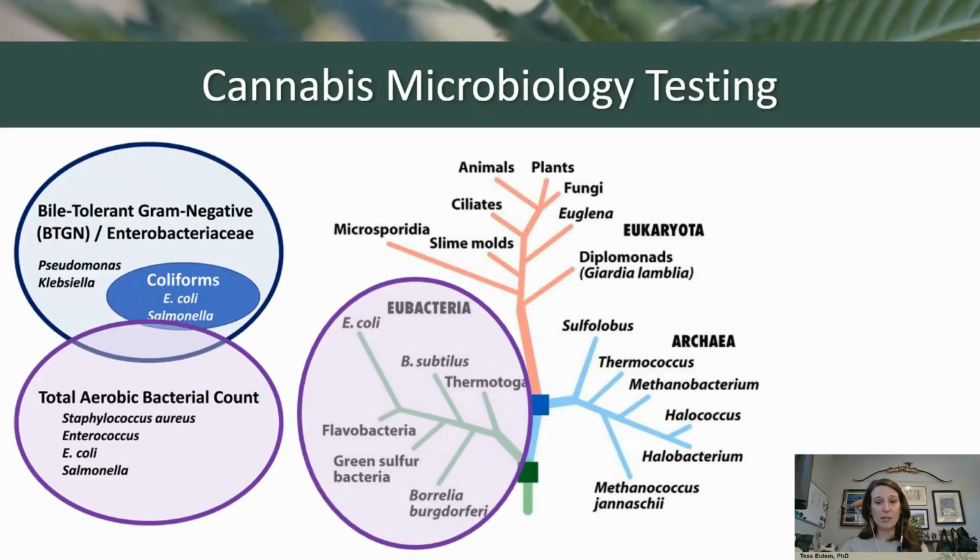So if you're looking at this tree, you'll see eubacteria, or true bacteria, are here now outlined in purple. There's lots of different microbes on this entire branch of the tree of life. And in cannabis, we look at biotolerant gram-negative bacteria, Enterobacteriaceae, coliforms, and total aerobic bacterial count. Some of these microbes will fit into multiple of these family groups. Some will be unique, and then some microbes don't even fit into the ones that we test for. These broad groups include hundreds of thousands, if not millions, of different microorganisms, but we really want to focus in on those that we know are linked to quality, or we know are linked to